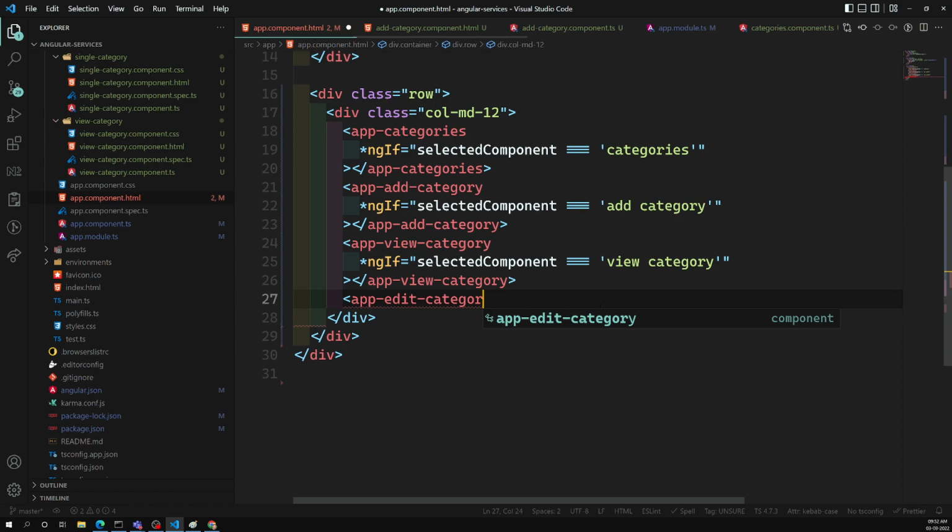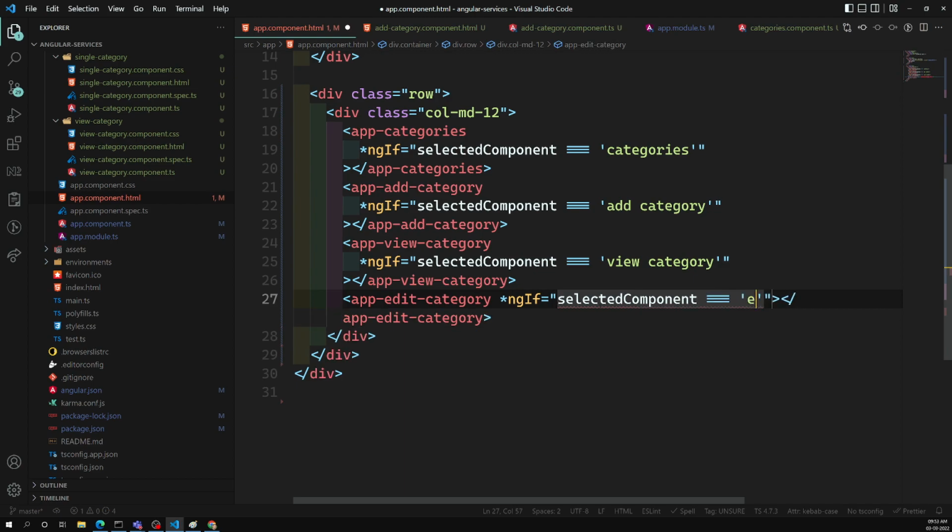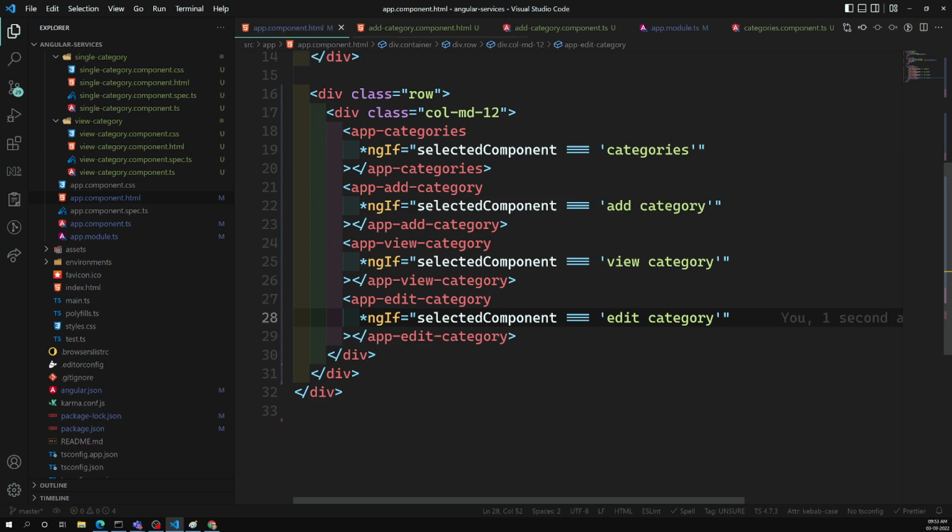app-edit-category. Okay. So when I need to show this one, ngIf is equal to selected component is equal to edit category. Okay. So then only I need to show this app. So these are all the categories I am showing in one page depending on the condition. So what could be the selected component depending on the condition I am trying to show it. So now